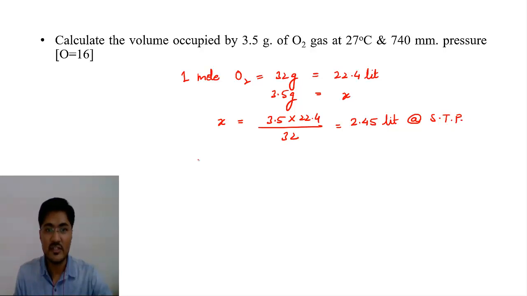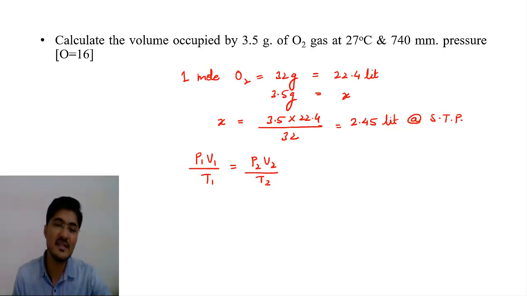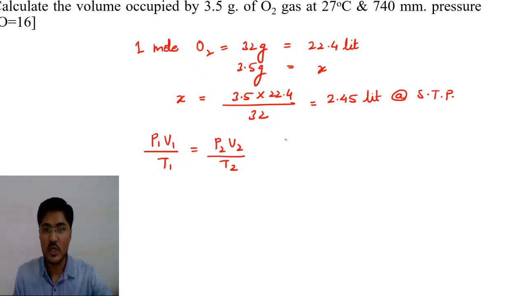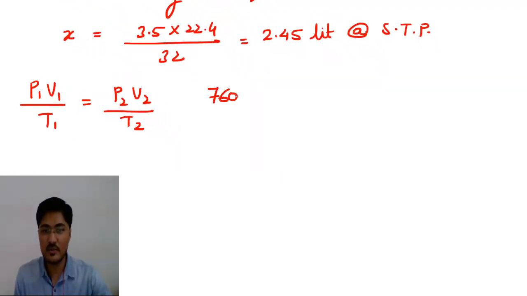Now with this expression, that is P1 V1 by T1 equals P2 V2 by T2, we can very easily calculate the volume at the given temperature and pressure. So let's start, assuming P1, V1 and T1 are the pressure, volume and temperature at s.t.p. So at s.t.p., pressure is 760, volume is calculated as 2.45 by us, and temperature here is 273 Kelvin,